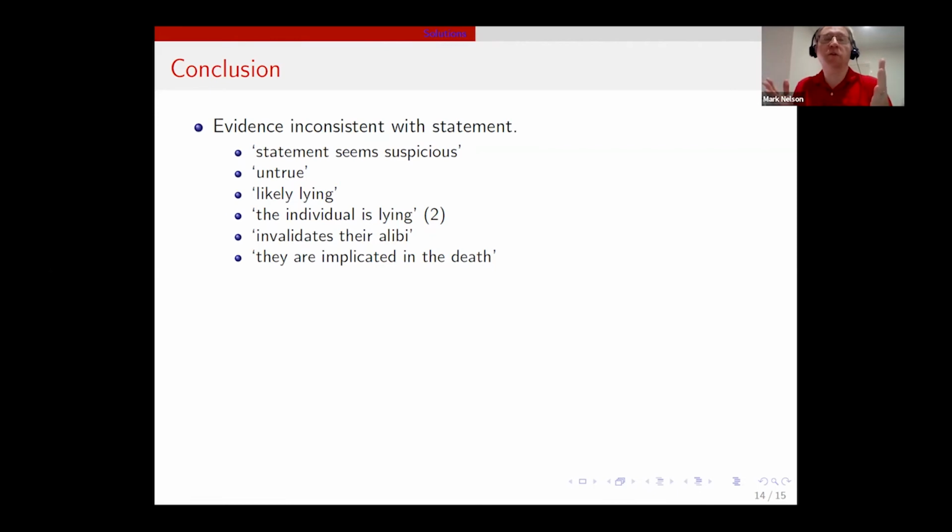So I would just say that the evidence that the witness provided is inconsistent with the numbers that we created, whereas students went a lot further than that. The witness is lying, or they're even implicated in the deaths. These are very strong statements to be making from the evidence that's provided. I guess this is almost touching on issues of professional integrity in terms of how strong the statements are that students are making in terms of what the evidence is.